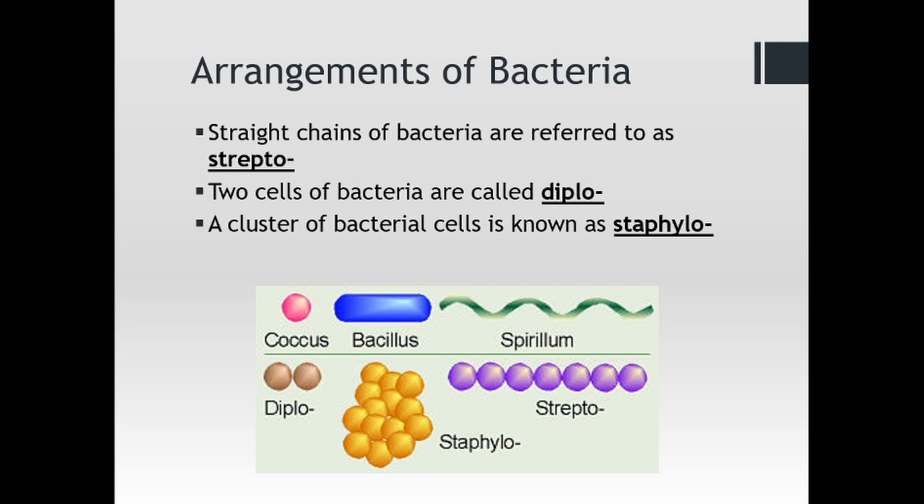So I mentioned Streptococcus. Like you see in the picture there, see the chain of purple circles there, strepto. That would be Streptococcus because coccus are round cells. Or Staphylococcus, that would be a cluster of round cells. Or Diplococcus, for example, that would be a pair of round cells. So we take those terms on the previous slide and we combine them with these, and then we give the names to bacteria. Now, not all bacteria are named in this way, but a number of them are.